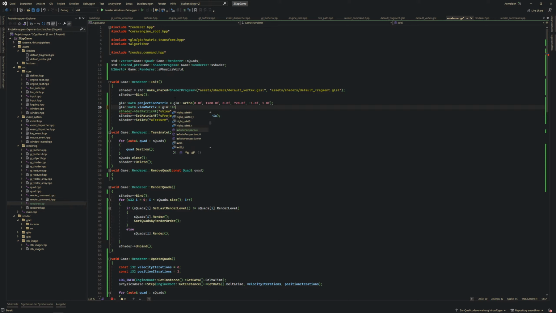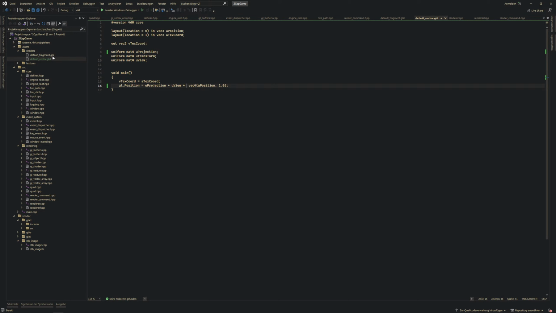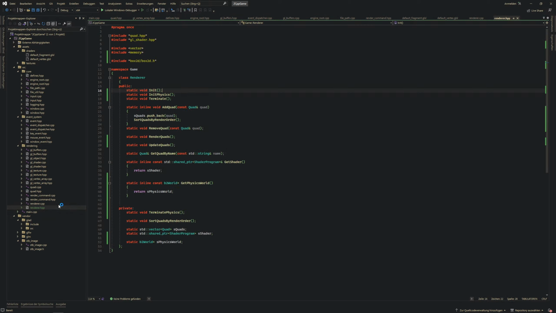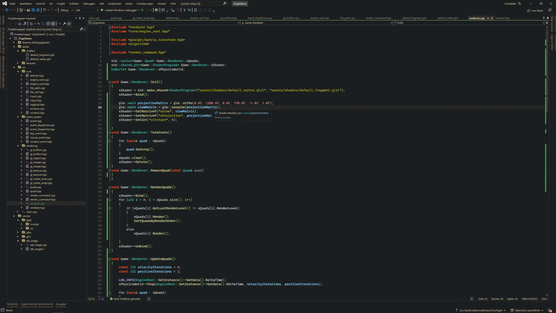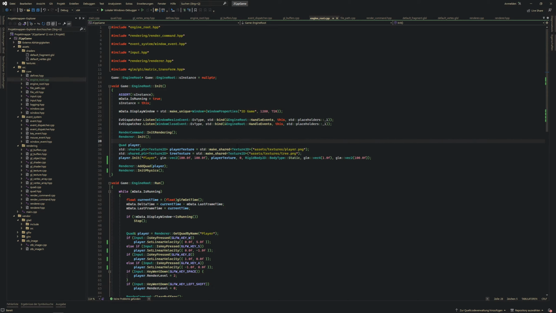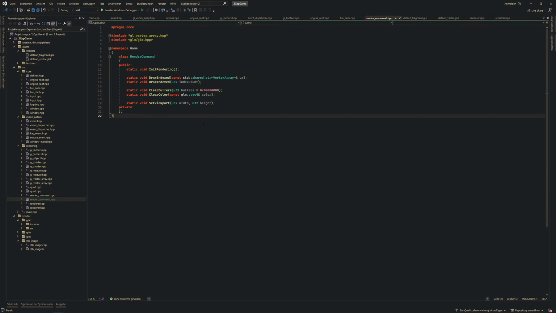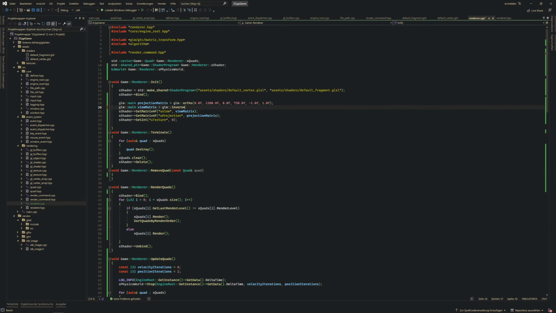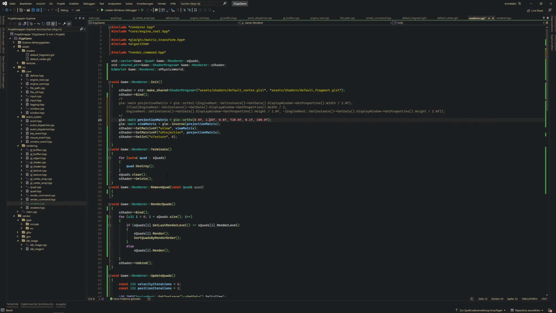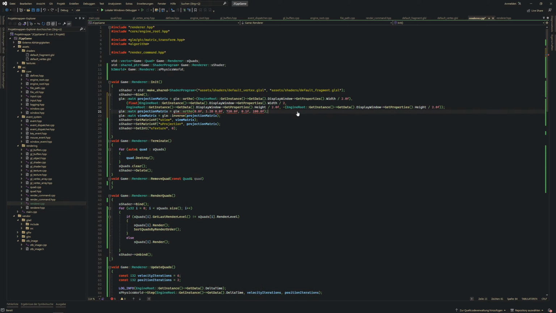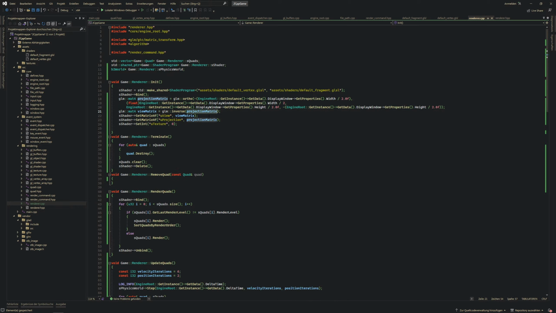GLM inverse projection matrix. Oh no, it's the inverse of the model matrix. Doesn't make sense to inverse. Oh my god, wait. So we have that. Okay, and then we have, don't need that, and the view matrix is the inverse of